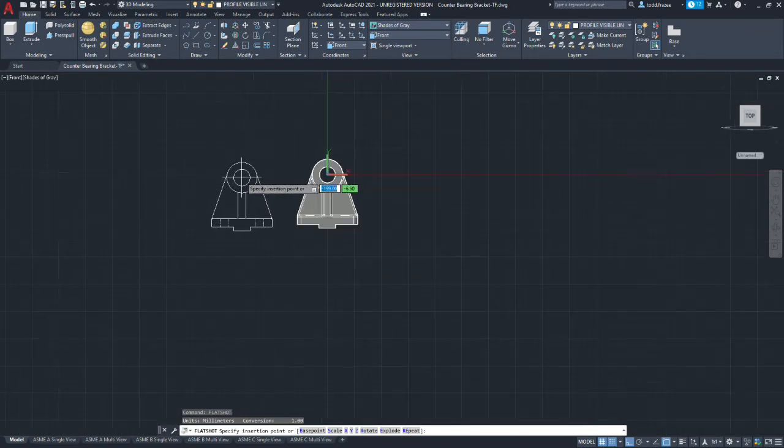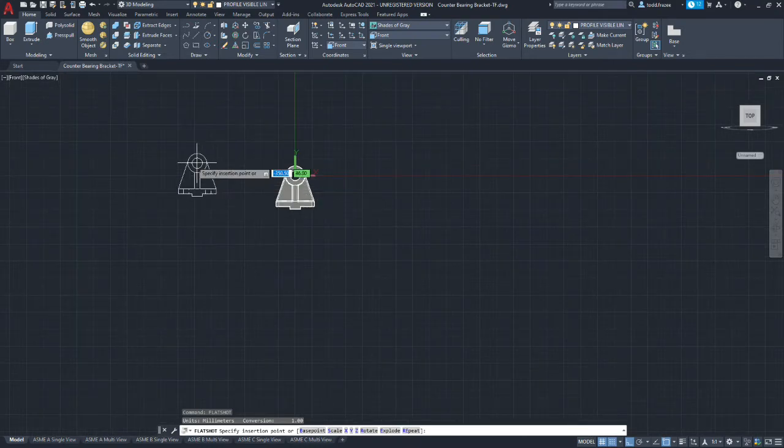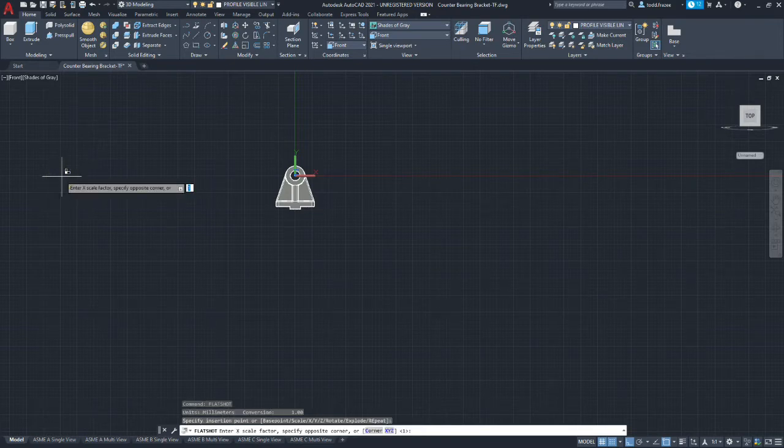And placement wise, we want to put it far away from the model because we're going to be using the model for our isometric view, and we don't want these views we're creating cluttering it. Now if you move the mouse right now, it's going to change the scale of the view, but a dialog box shows up, and we're just going to scale it by 1. So make sure it says 1, and then we're going to use the same scale factor of 1 for the other axis. So it's asking, what do you want in X and Y?